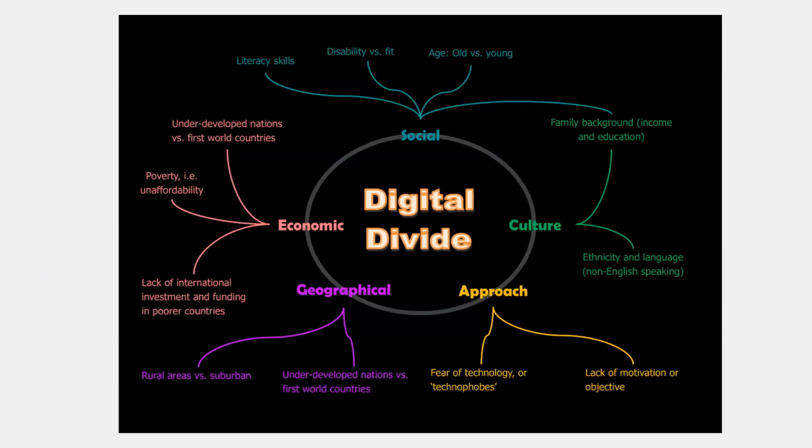And this is just a little image that I like to use to explain the digital divide. I know that it's about social, economic, geographical, your approach, your culture, things like that, where all that connects to the digital divide. Like if you get something that's connected and you're a non-English speaker, right? Are they going to send something in Spanish? But if you don't speak Spanish or English, how are you actually going to communicate? How are you going to know that? How are you going to work with that, right? And that's about the patient-centered AI that I'm talking about, but it connects to anything else that I'm referring to.